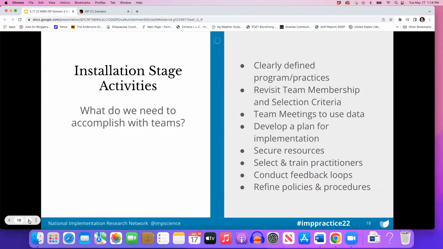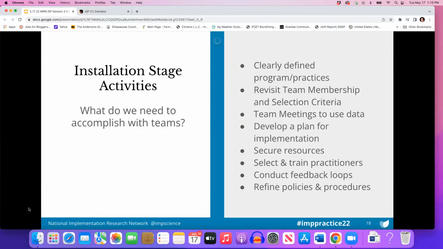We're going to do that by making sure that the practices and programs we have are really clearly defined. I know what it looks like. I know what it sounds like. I know what possible adaptations can be in use. I'm going to make sure that my team is functioning well as an outcome. So how do I do that? I'm going to continually revisit that team membership. I'm going to assess and make sure, right, those teams are functioning, not just because I think they are, but because the team members tell me, right? Have I heard their voice in understanding how their teams are functioning?